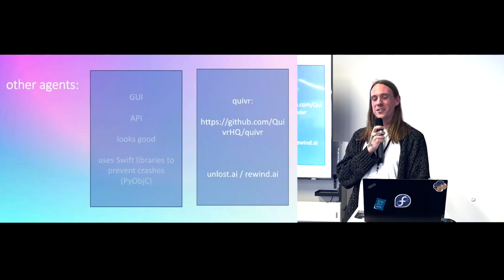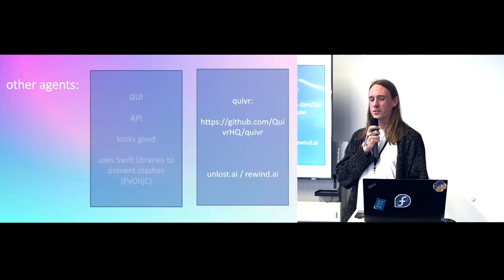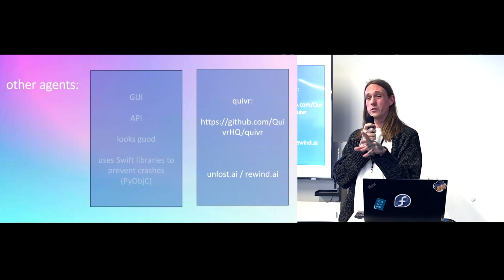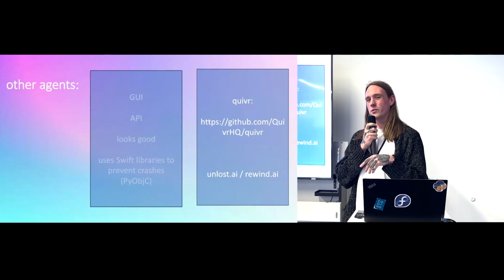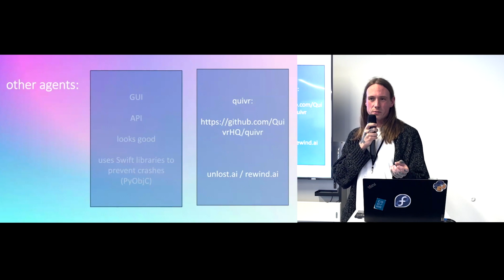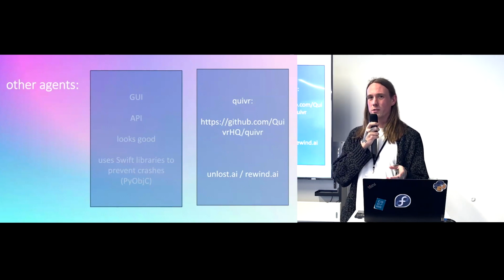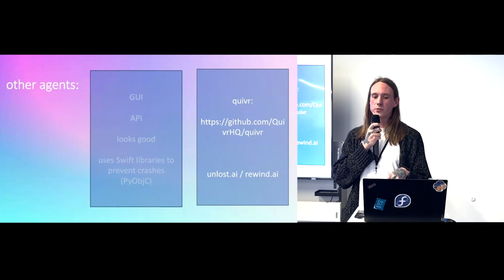And I found some other agents that were doing similar things. There's Quiver, which is also trained on your file system. You have a chatbot, and you can intelligently chat with your whole files. You have a finder on steroids, so to say. If you wanted to know anything about your PDFs or the docs that you wrote, you could ask Quiver. Quiver is free. It's on GitHub. You should check it out.